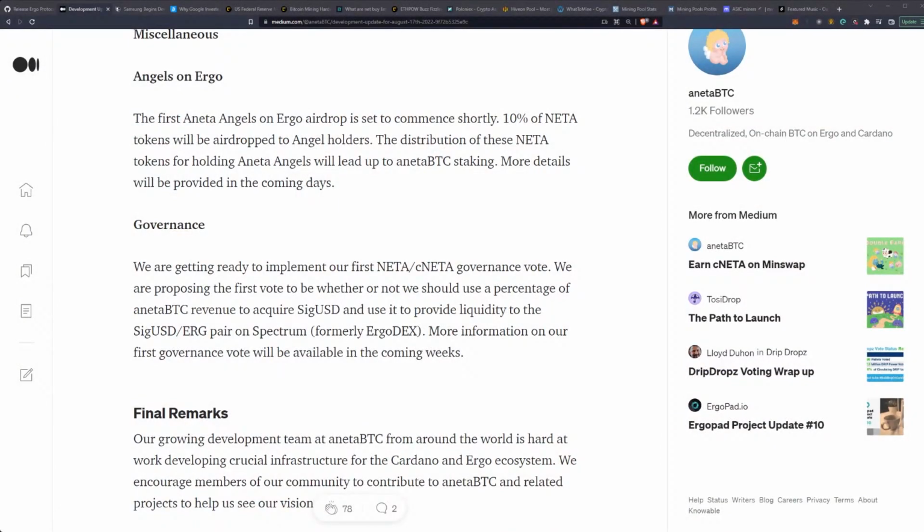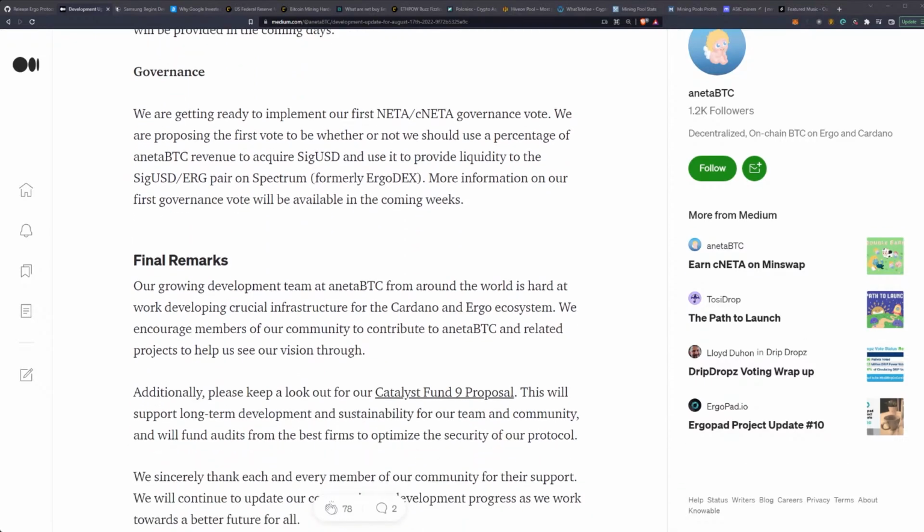So the distribution of these NETA tokens for holding Aneta Angels will lead up to the anetaBTC staking. More details will be provided in the coming days, but we are starting to get some numbers, and 10% of the NETA will be dropped to holders of Aneta Angels on Ergo specifically. Governance: they are getting ready to implement their first NETA cNETA governance vote. We are proposing the first vote to be whether or not they should use a percentage of anetaBTC revenue to acquire SigUSD and then use it to provide liquidity on the SigUSD ERG pairing on Spectrum, which was